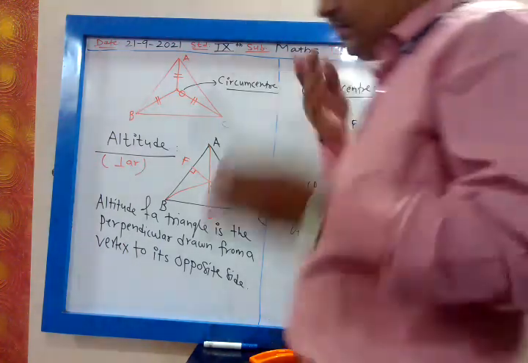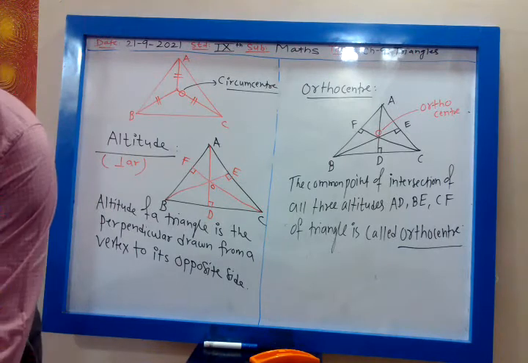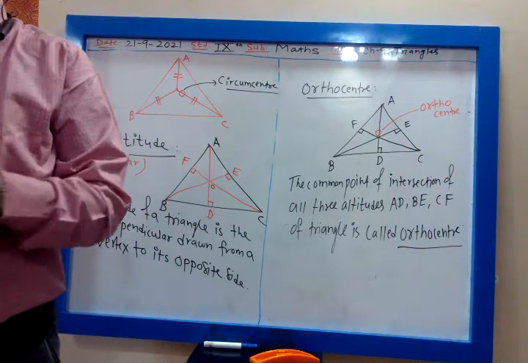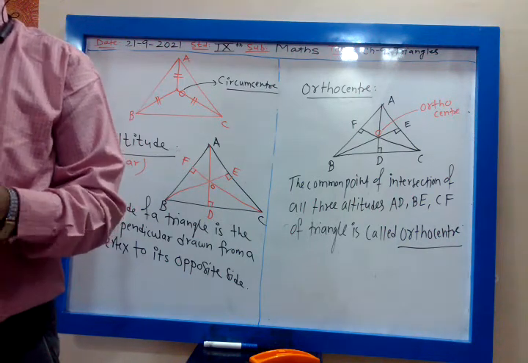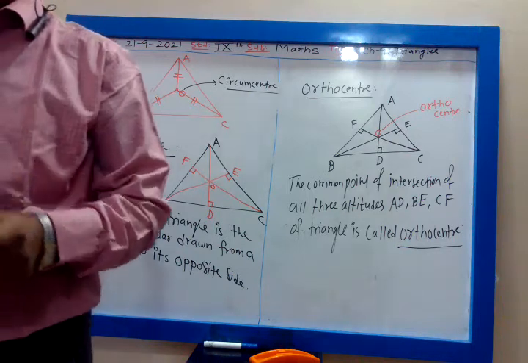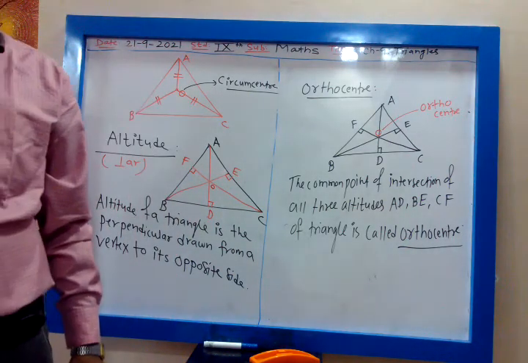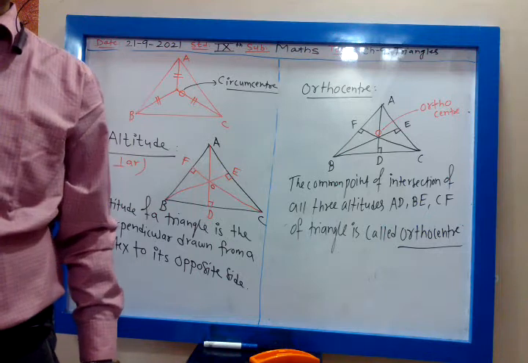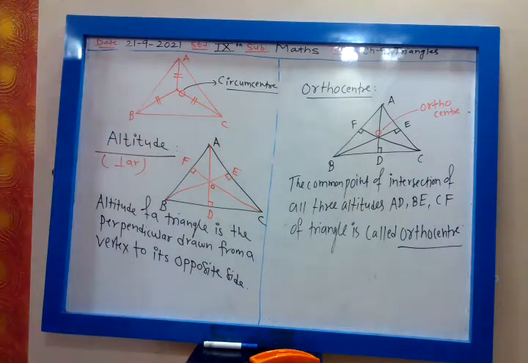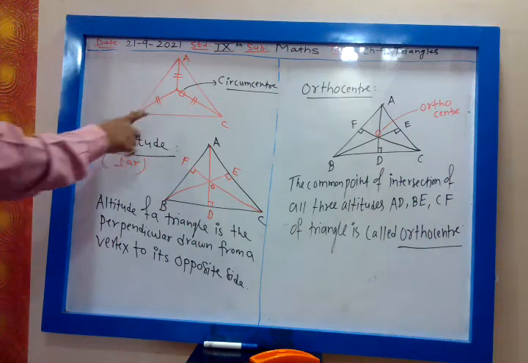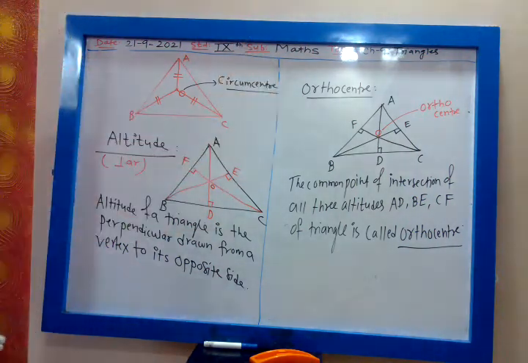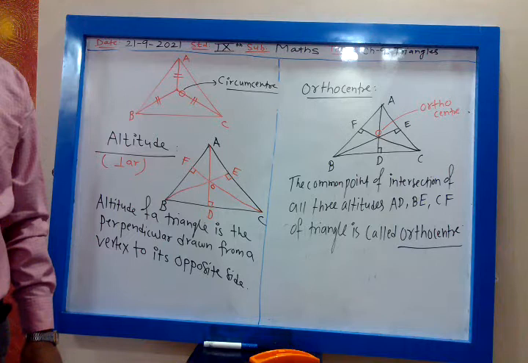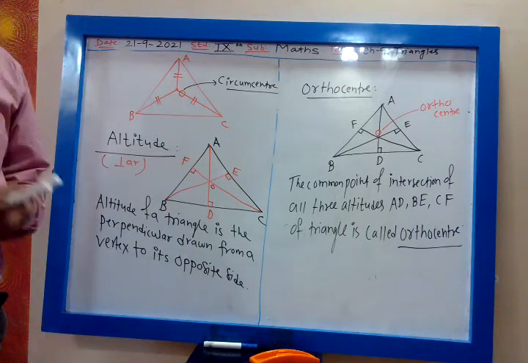Okay. So is the difference clear? Yes. The point of intersection of all three medians is called the centroid. The point of intersection of all three altitudes is called the orthocenter. And the point within the triangle from which all three vertices are at equal distance is called the circumcenter. Is it clear? Circumcenter, orthocenter, then centroid. These three things should be clear because next year in geometry you are going to come across this type. So there should not be confusion.